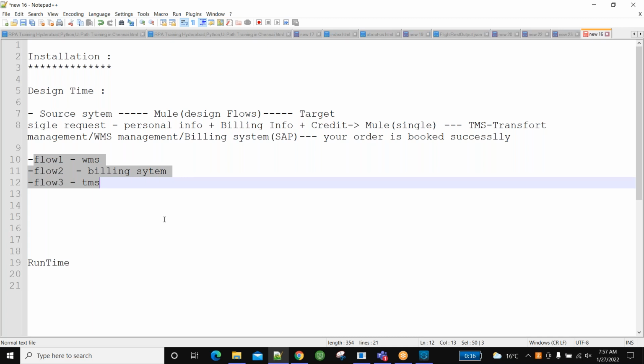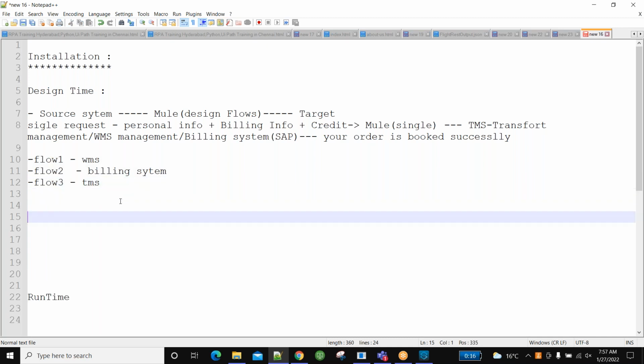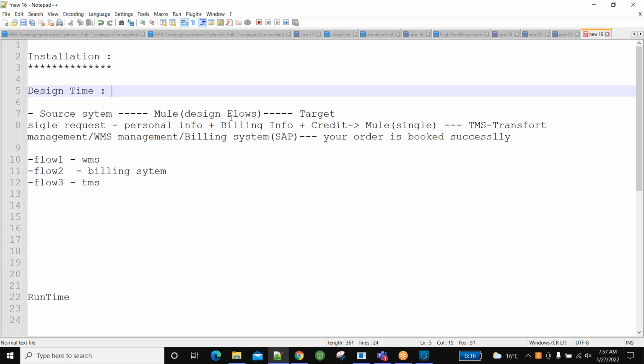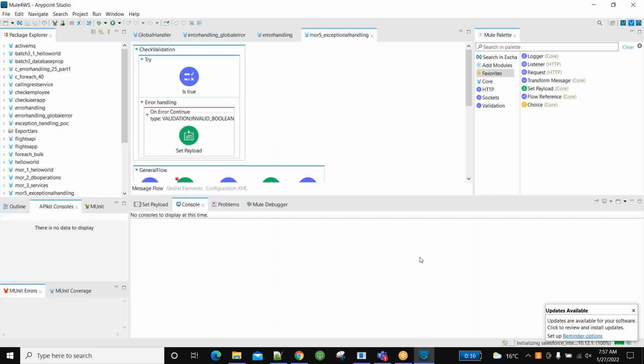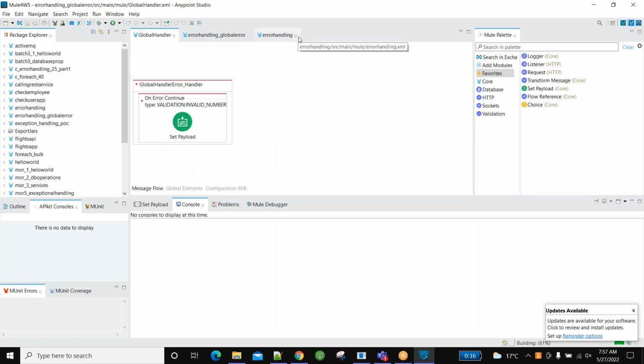Yes, that design time tool is Anypoint Studio. In your case, for ADF, it is JDeveloper, right? Anypoint Studio is a design time tool where we will be implementing all the flows, and Anypoint Studio looks like this.